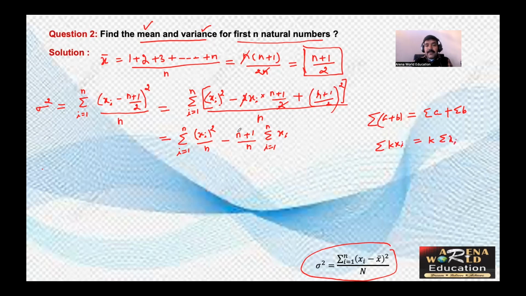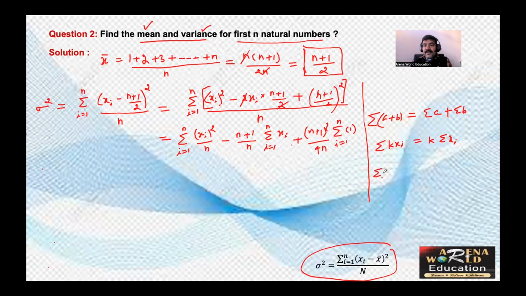And that is the reason I have written (n+1)/n outside, right? And what is the third term? You can see it is ((n+1)/2) square, and the whole divided by n. There is no xi, so this will be (n+1) whole square divided by 2 to the 4, and this will be 4n. And it will be simply summation i equal to 1 to n. So there is no xi, so this is simply 1 constant, right?